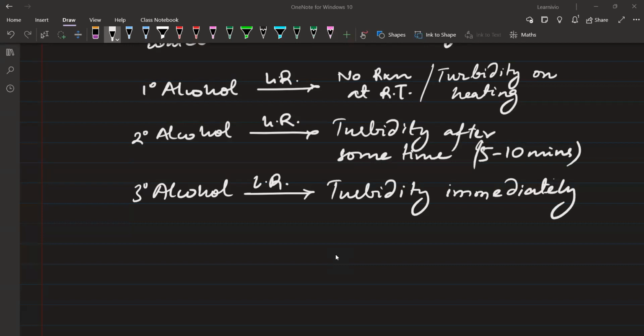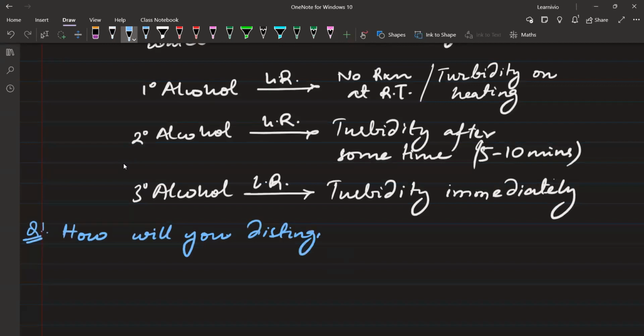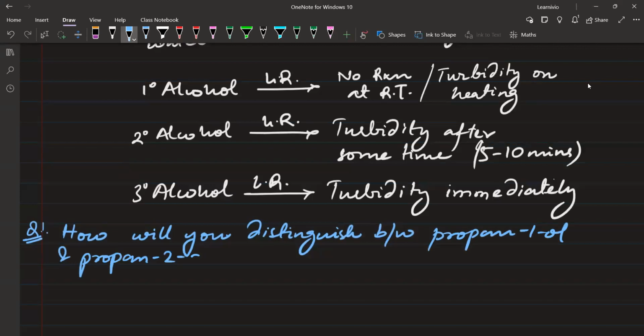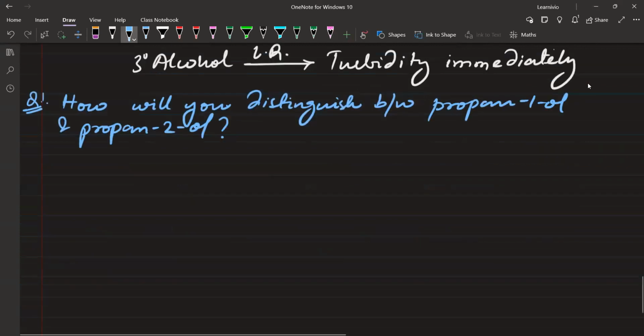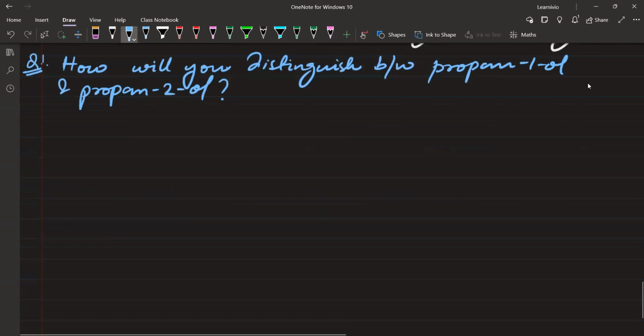ठीक है, तो आपके पास सवाल मान लीजिए इस तरह से आएगा, देखिए। I am giving you a question, this is a sample question for the distinction, ठीक है। Question क्या है, how will you distinguish between propan-1-ol and propan-2-ol, ठीक है, ध्यान दीजिएगा।